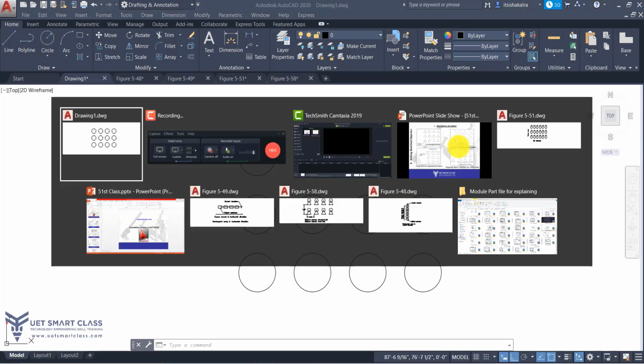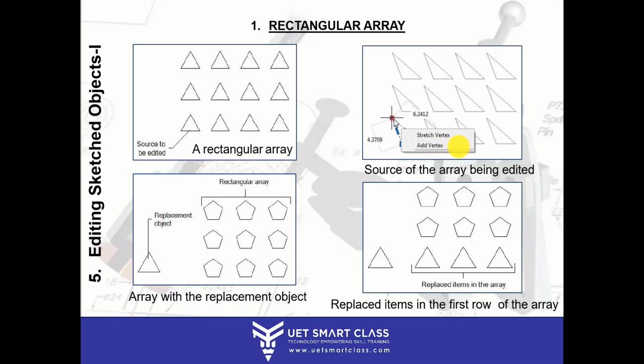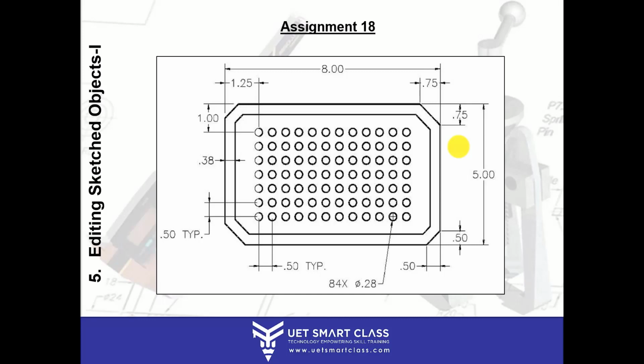Okay, so that's all there is in rectangular array. This is your assignment. Try this assignment at home after this session, and you have to submit it in drawing format. Again, you'll be applying a few more things other than rectangular array. See, here it is a rectangle. So you can apply a chamfer rectangle, or you can choose the modify tool and use the chamfer tool as well. It depends on you.